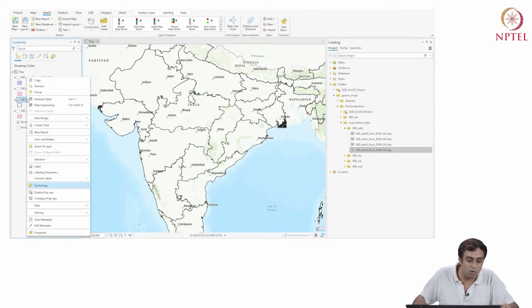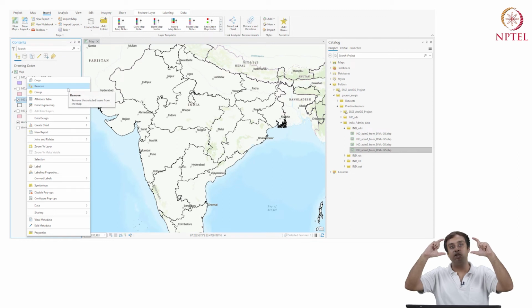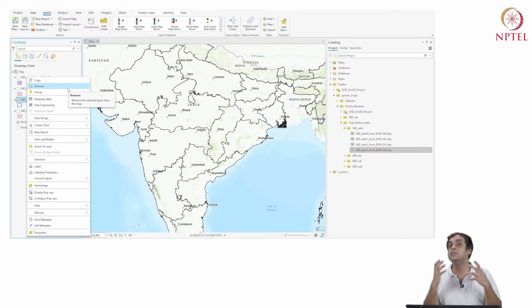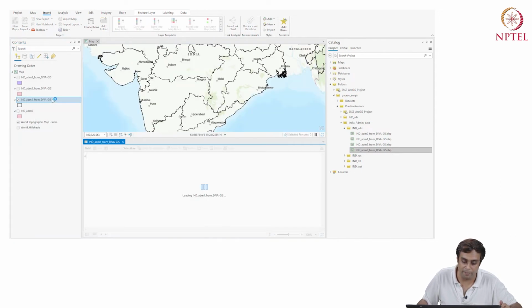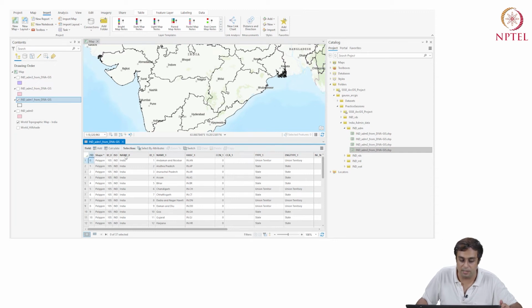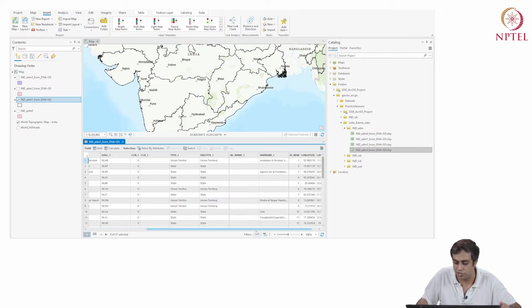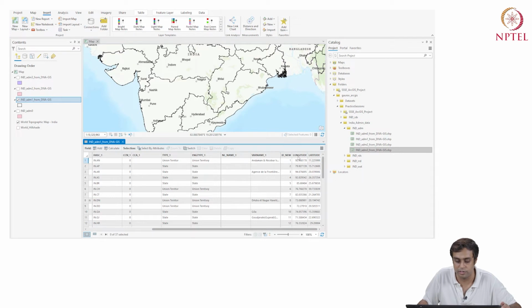So for that, when we looked at the bundle, the packet of the shapefile, it had a file called .csv. That CSV file stores such information in what is called the attribute table. So I'm going to right click and then select attribute table, open table, and it opens the attribute table. Now here I have a FID, which is a field ID. It says shape, which is polygon, and it has an ID number, ISO name, it has name 0, ID 1, name 1, and there is other information here. It has latitude, longitude, which is center of mass.